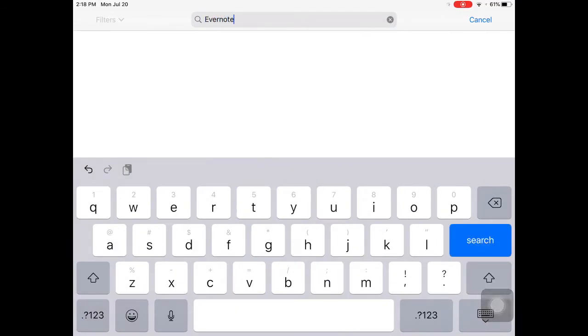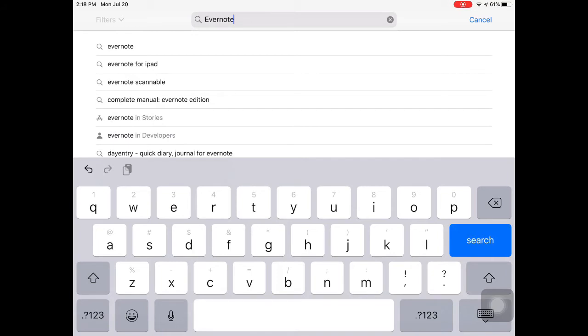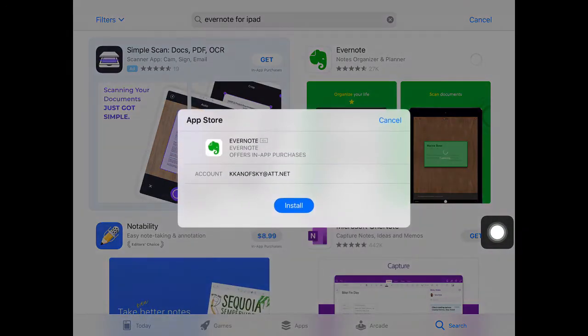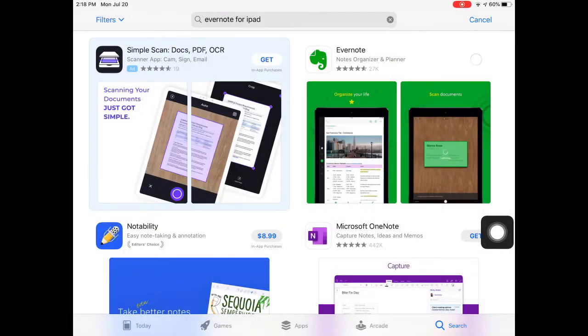And when I'm looking for Evernote, I am going to look for the one that's for iPad, obviously. And I just want to get this. Evernote has this elephant here because their thought is that you'll never forget anything again if you put it in Evernote. And it's really great because now they've added some things where you can scan documents in. So if you have written them before, if you've done some other things, you can now organize every single part